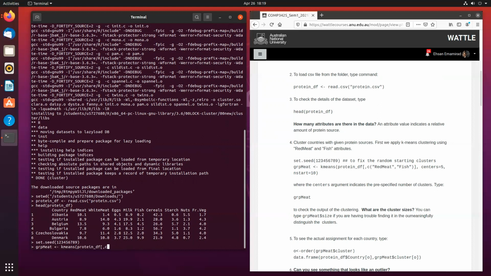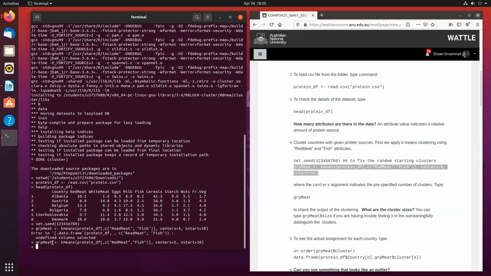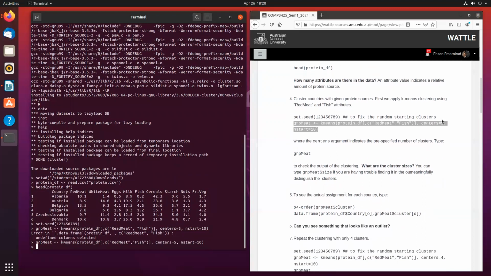I'm going to create clusters based on red meat and fish consumption. I'm going to use 5 centers, or Ks essentially, and then I'm going to start from 10. Okay, so I might have made a small mistake, but that's okay. We can simply copy and paste,